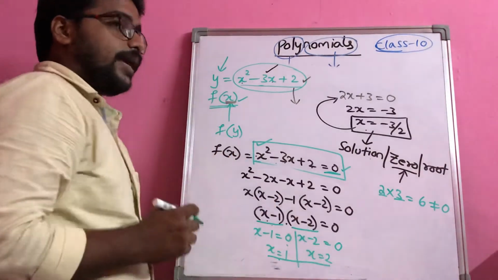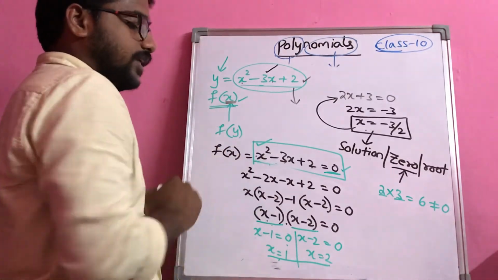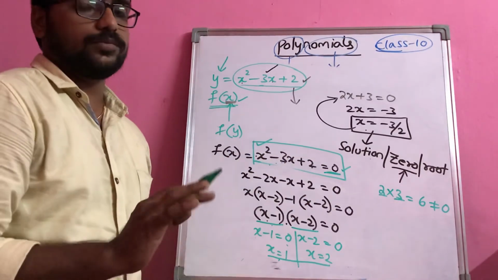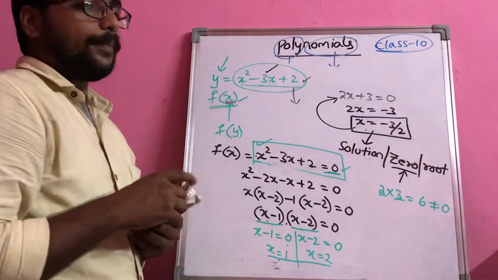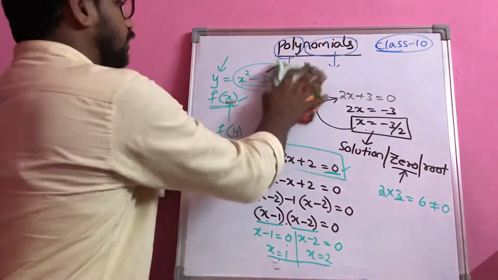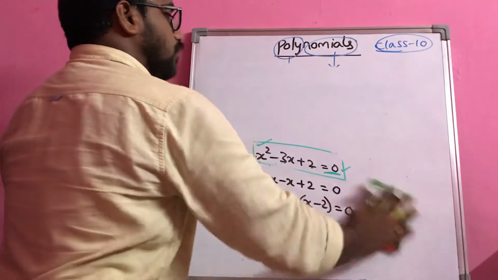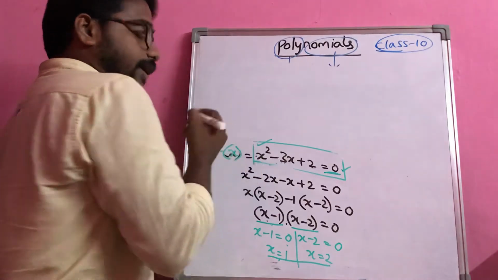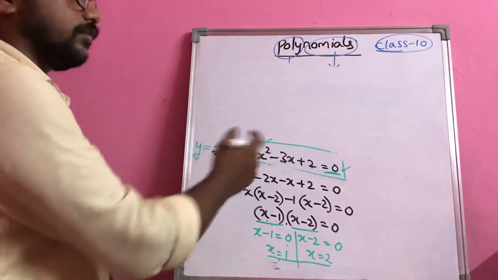So what happens here? I am naming these two as the solutions for this expression, because if I substitute them in this equation again, it will be satisfied and I will get 0 is equal to 0, right? Based on this fact, let us try to get the geometrical meaning of a polynomial. What I had given you is in terms of x. So this is f of x I had given to you, right? This f of x I am taking as y. Y is equal to f of x.